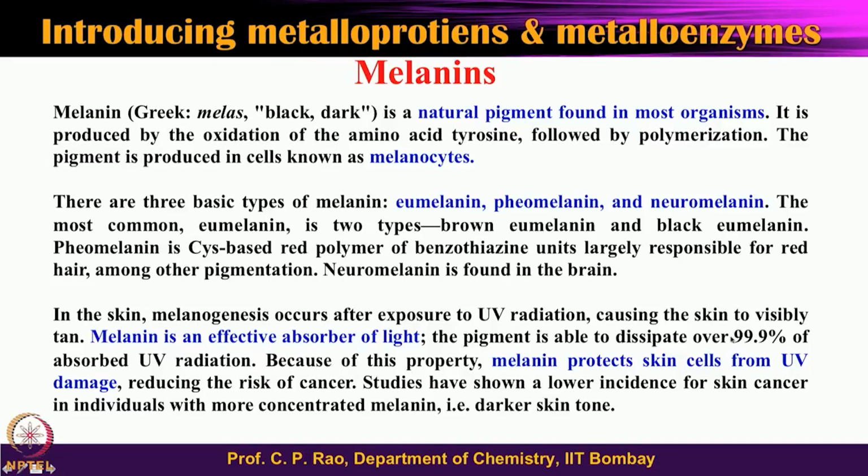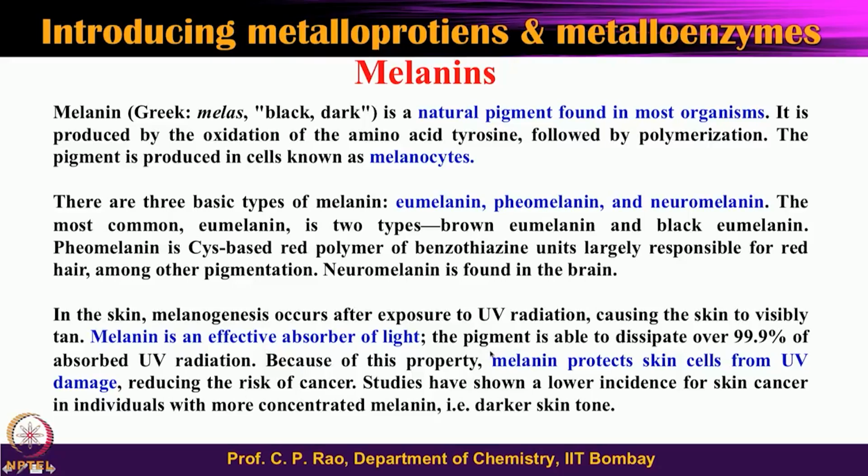The one which is with the skin that you can see, and this particular thing is very important. Why is the black color of this very important? Because when the sun radiation is incident on our skin, there will be some UV radiation, and this UV radiation should not damage the skin. So, that means this pigment should do something. It should not absorb, it should reflect or it should dissipate, and that is what it does, and that is why the people who do not have this pigment, they try to